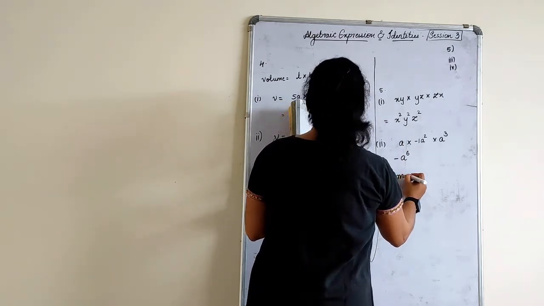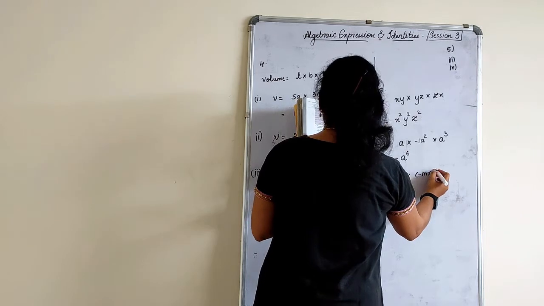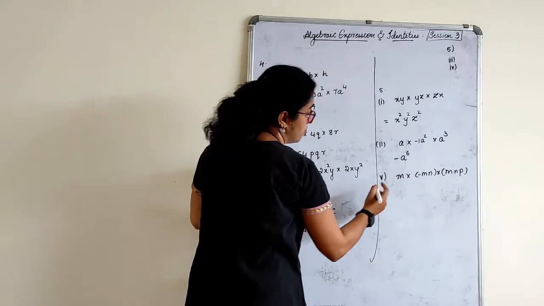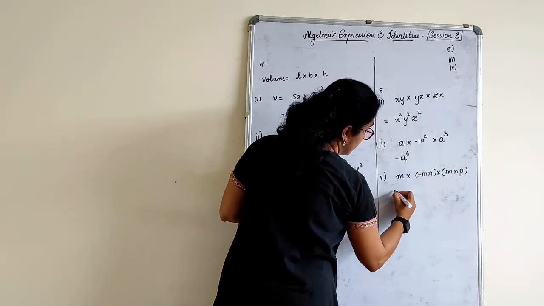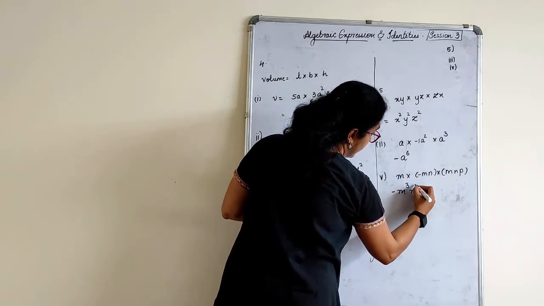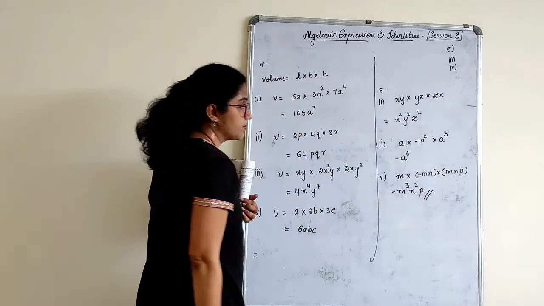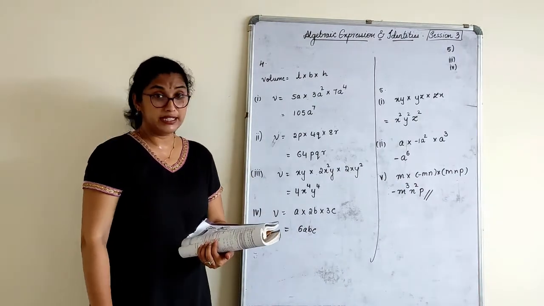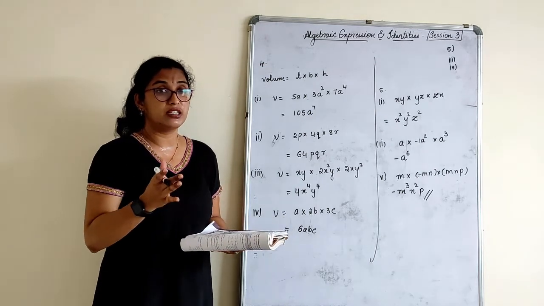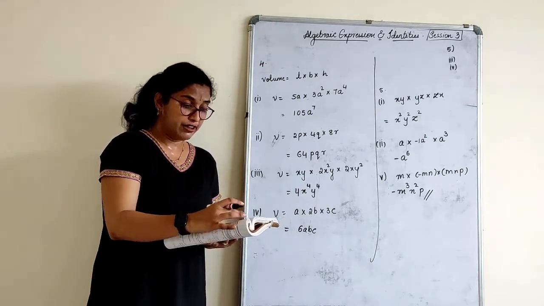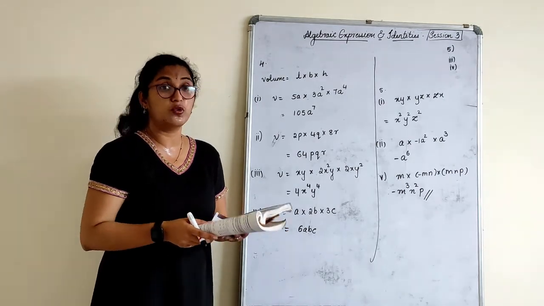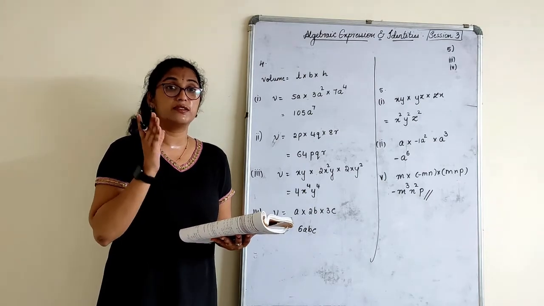Fifth one, m into minus mn into mnp. So m 1 time, 2 times, 3 times. Minus I will write in common. m raised to 3, n 2 times, n square. Very simple. So yes, we conclude today's session because we usually complete one session in one exercise. I have given you one complete tabular column for homework and another 2 sums for homework which you have to do. Along with that, also practice worked examples.